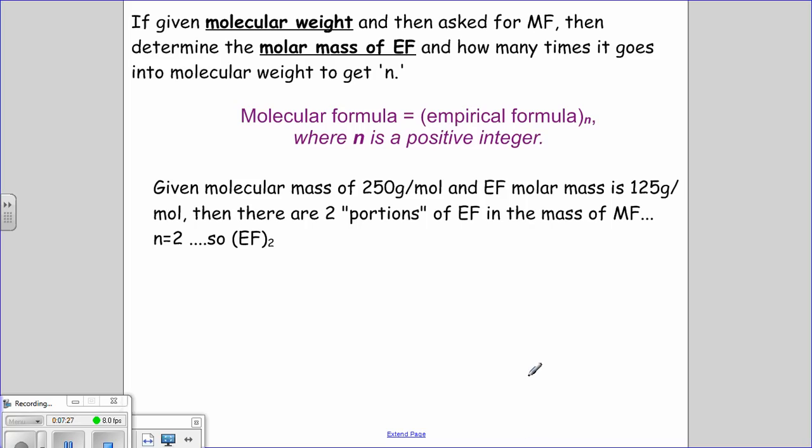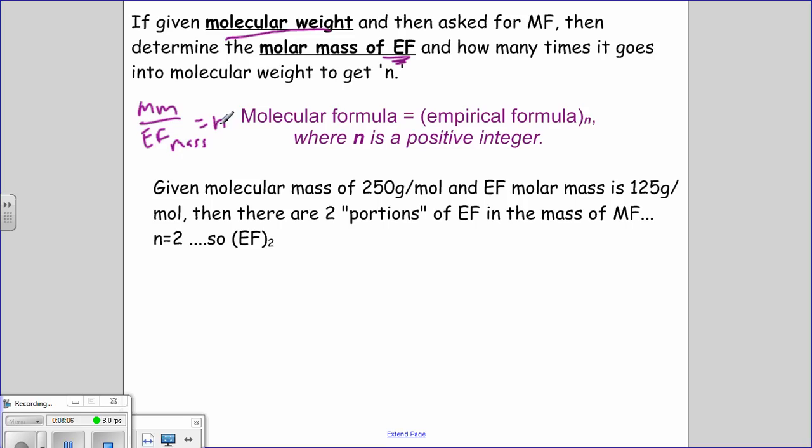So if I ask you about a molecular formula, usually what I will have to do is give you a molecular weight. So that's going to be a larger number, or I might say the molecular mass of some compound is 284 grams per mole. So what you have to do first is to get the EF, or the empirical formula. Then you're going to look at the empirical formula, get the molar mass of that, compare it to the molecular weight, and see how many times you can fit that EF mass into the molecular weight of the molecular formula. So what you will do is take the molecular mass divided by the EF mass